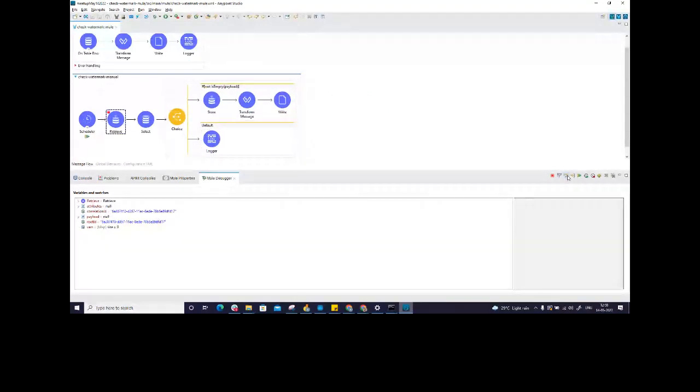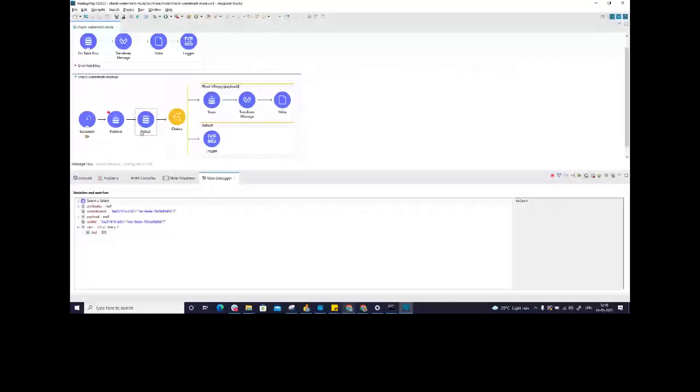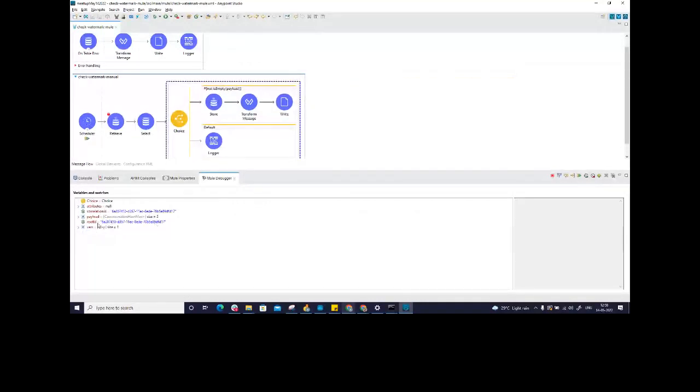Let's resume. What is my retrieve operation doing? It is retrieving the same watermark value that you had stored previously. Now the select operation will do the comparison again, right? What is my new record ID? It's 311, correct? Now 311 is greater than 305, isn't it? So what will happen? The select operation will check for the data and see that yes, we have,